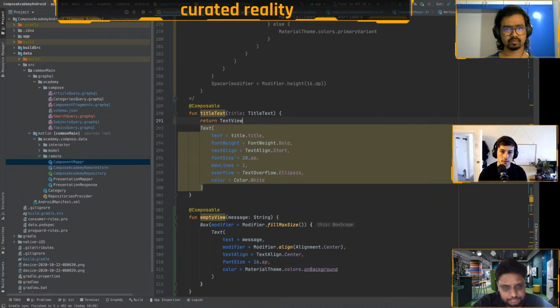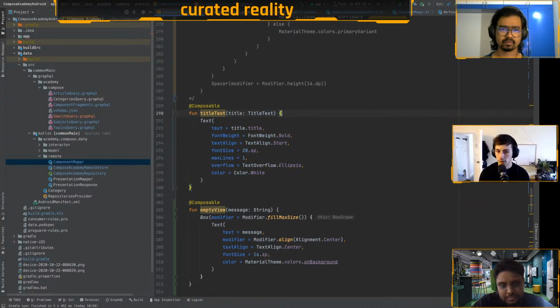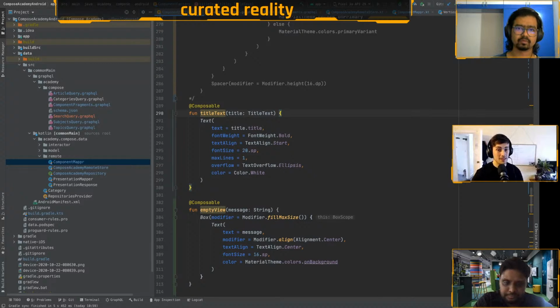Doing so much Compose and forgetting how to write normal Android. You could do stuff like this, and then you'd have to have context, and you apply stuff and make changes. It would be a lot more work and probably a lot more boilerplate and a lot more code. It's certainly possible. You don't have to use this with Jetpack Compose. I just think Jetpack Compose makes it a lot nicer and a lot easier to do so.